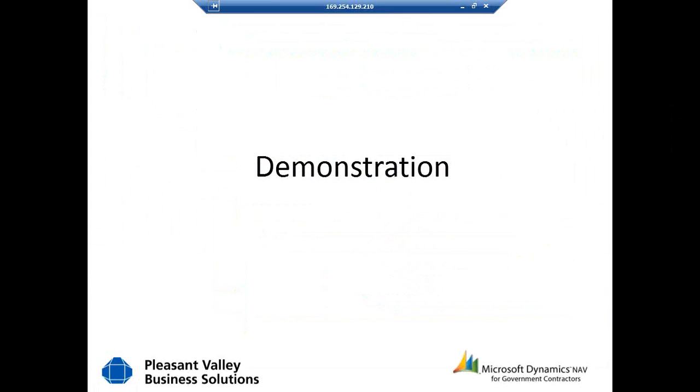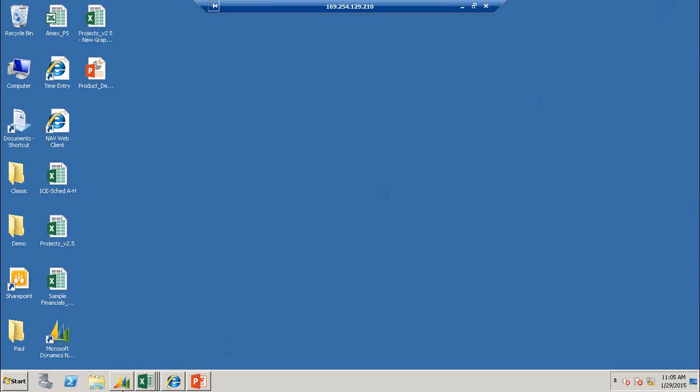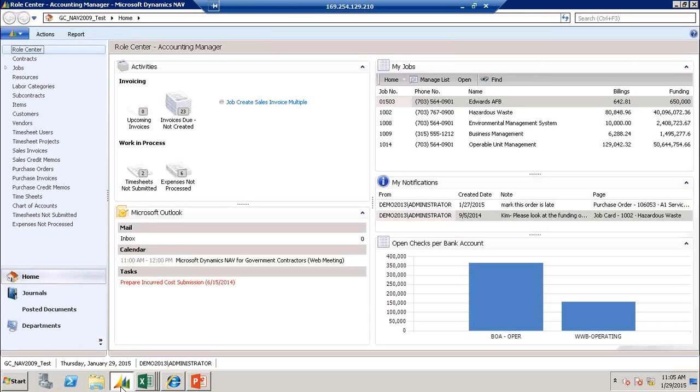So now, without further ado, I'm going to get you right into the product. And what I want to do is start out with a general overview. So for folks on the phone that haven't seen the solution before, we're going to give you a high-level tour, and we're going to focus initially on the main three components of the solution and really how they impact different